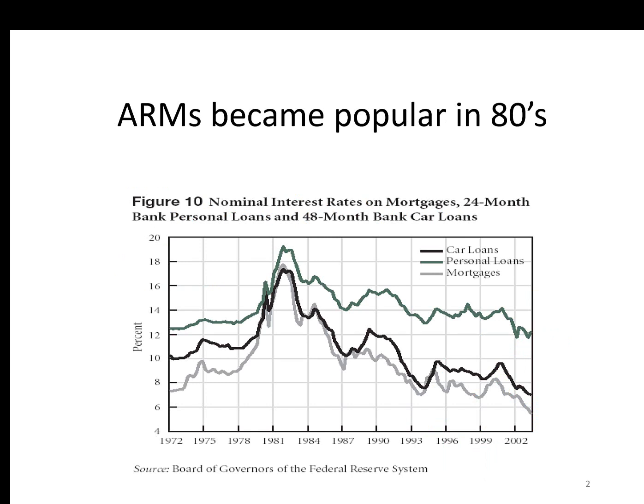Adjustable rate mortgage became popular in the 1980s. If you look at the following information from the Board of Governors of the Federal Reserve System, the x-axis is the timeline and the y-axis is the interest rate pattern. This graph shows the car loans, which is the black line, and the personal loans, which is the green line, and the gray line, which is for the mortgage interest rate. What we can see is the nominal interest rate on the mortgage, 24 months bank personal loans and 48 months bank car loans. They all increase at the